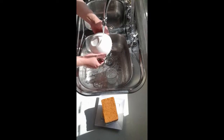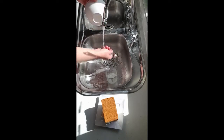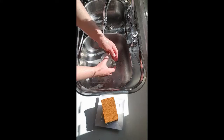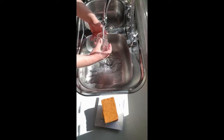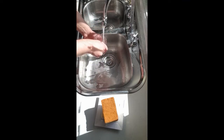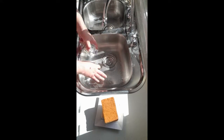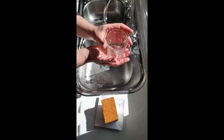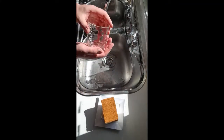And it just leaves everything sparkling clean, and that's the same for wiping down the whole dish area and surfaces, and the stainless steel bowls where you wash your dishes in. I forgot the actual name for it. Mind blank, but you get what I mean. And it just leaves everything sparkling clean, and look how nice and shiny the glass is after washing it with handmade soap. So definitely give this recipe a try, and if you're not a soap maker, then head to my